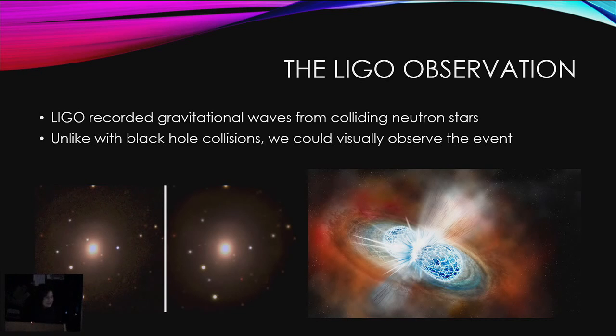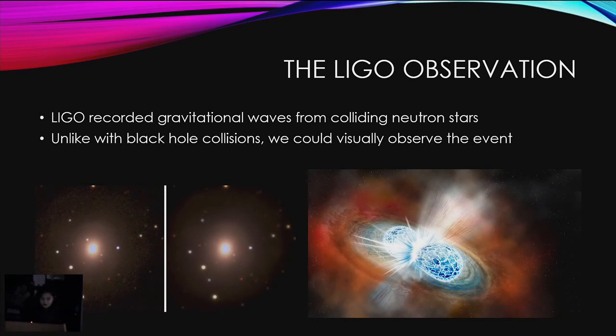That's how much energy there is. And because we can actually observe this event, we can try to figure out what kind of elements were produced here, and whether or not this kind of collision can account for the amount of heavy metals that exist